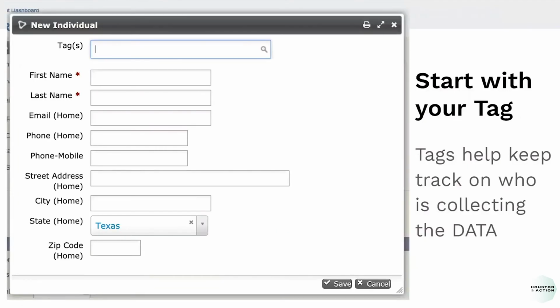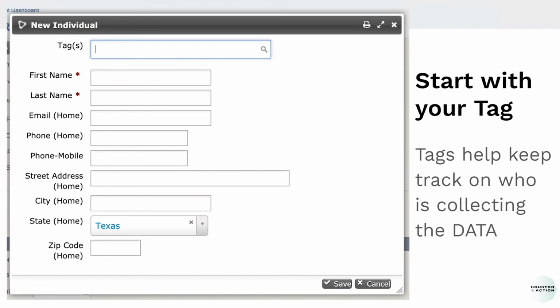After you click new individual, and this is very important, most of the information here is pretty self-explanatory. First name, last name, email, phone number, address, and zip code. However, what we want to focus on for this is the tag. So always start with your tag.